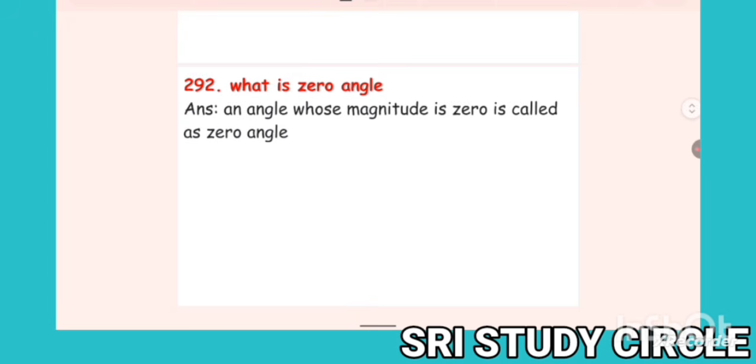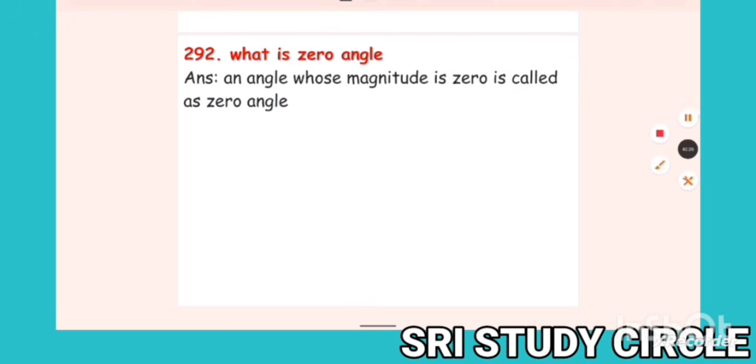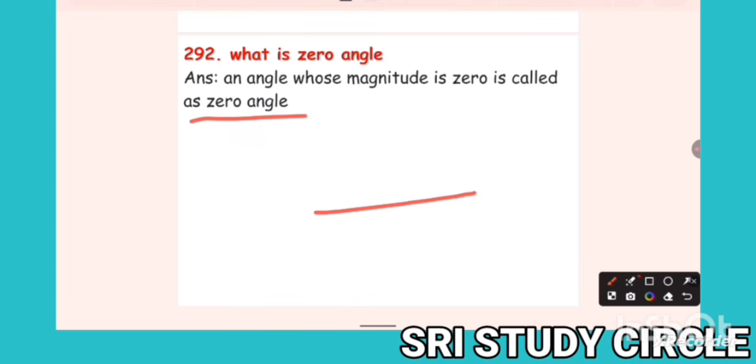Next one. What is zero angle? An angle whose magnitude is 0 is called zero angle. Initial